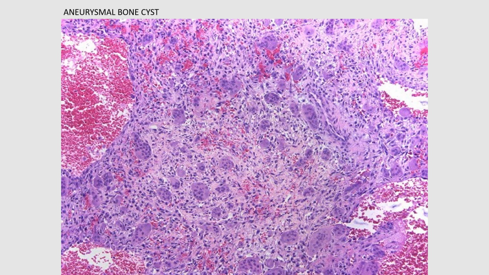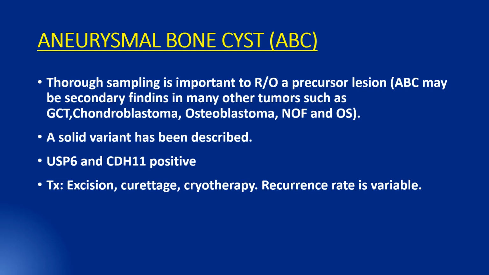This slide shows a more cellular and solid area of ABC with scattered multinucleated osteoclast-like giant cells, which may be confused with giant cell tumor. In summary, it's important to remember that aneurysmal bone cysts may be a secondary finding in any other tumors such as giant cell tumor, chondroblastoma, osteoblastoma, NOF, or osteosarcoma, and careful sampling of the tumor is important to